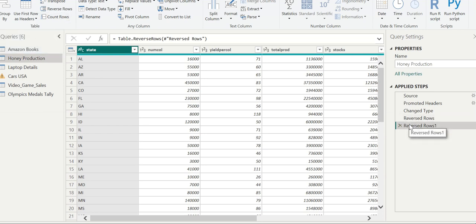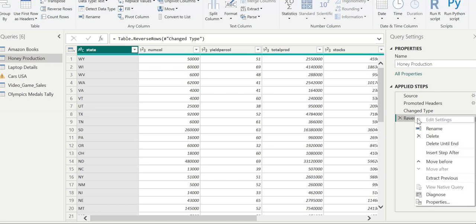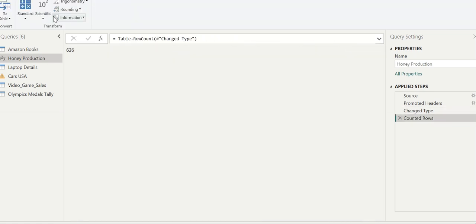So first we are just going to delete these two particular rows, and now I will do count rows. So there are a total of 626 rows. Of course, this transformation is really needed somewhere in report generation. So you will perform it if you really need the count of the data, and you don't need any specific kind of information about the data. Let's continue to delete the step.